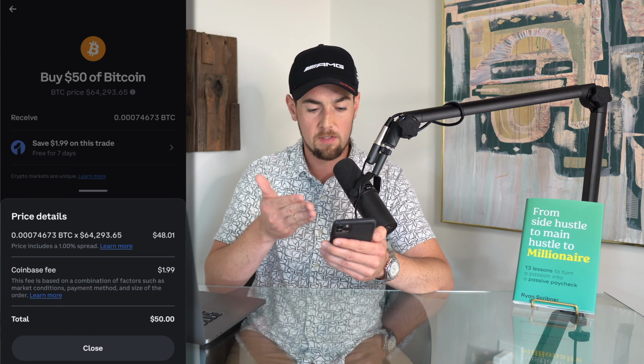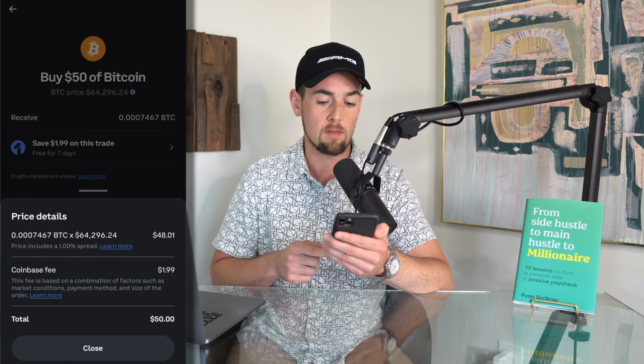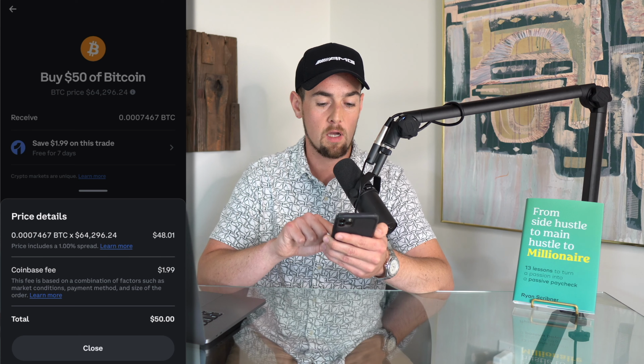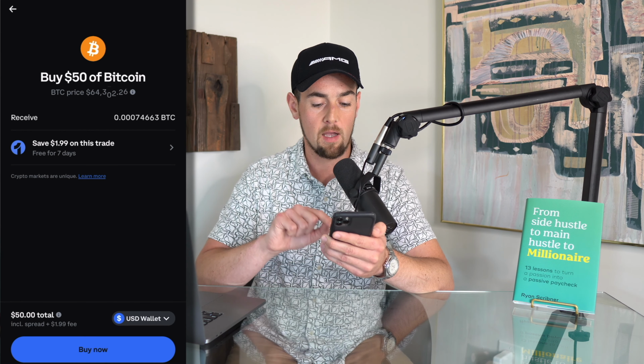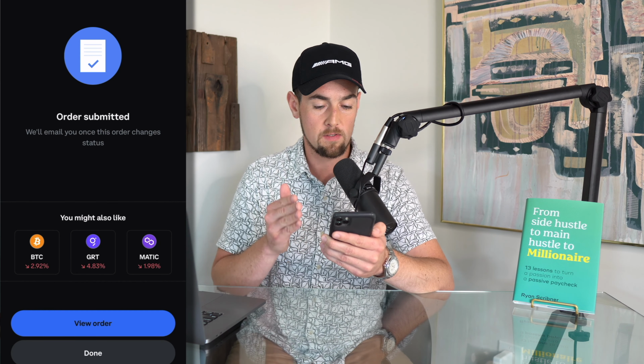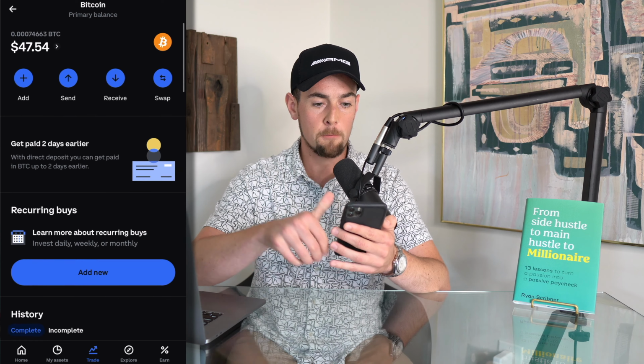But anyway, in this case here, we are going to have about $48.01 going into Bitcoin after paying that $1.99 fee. So we're going to click on close. And since everything looks good to me, we're going to click on buy now. And then the order is submitted. If we click on view order, and then if we refresh the page here, we can see that we now have